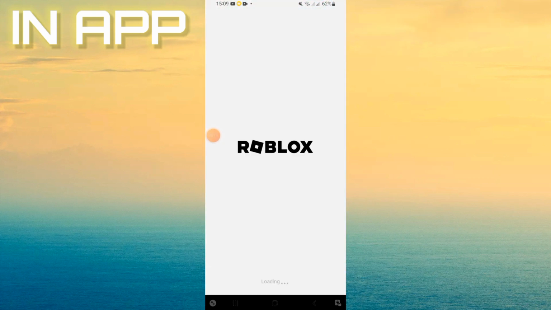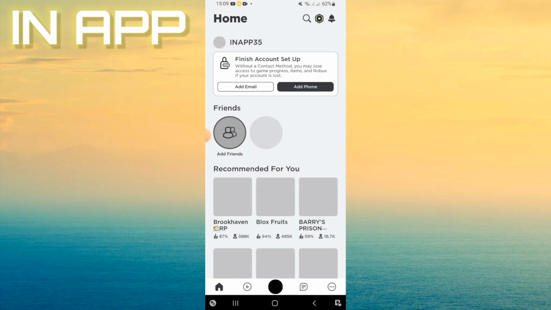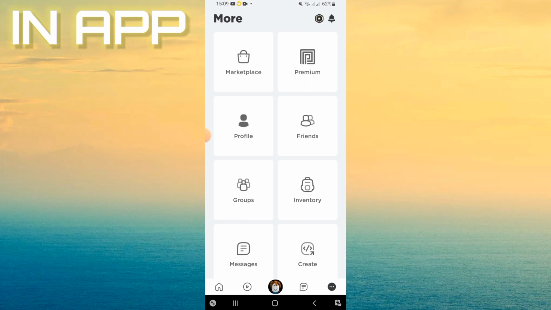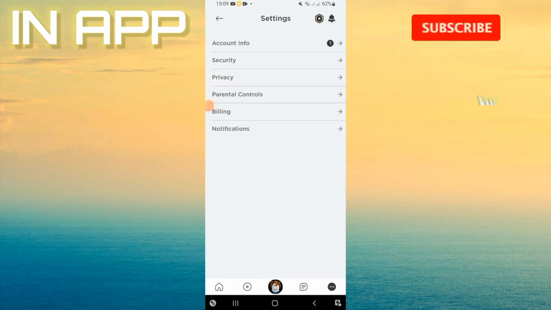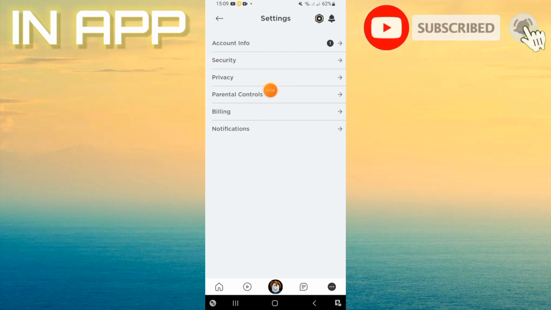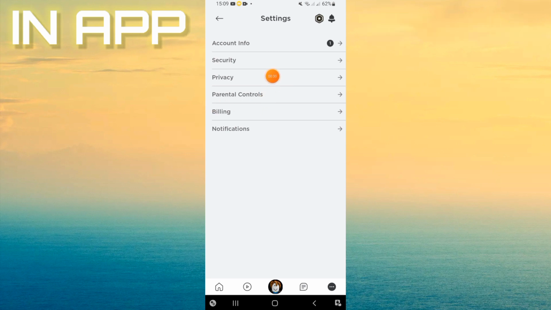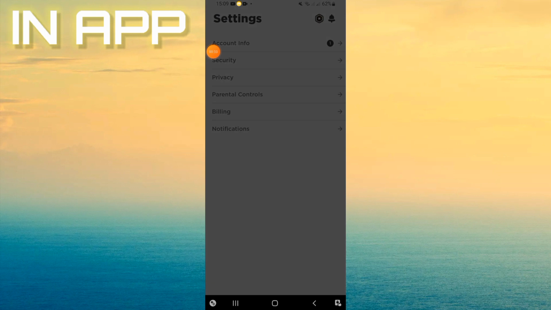So right now you have to open your Roblox first and then come to this 3 point here and go and open your settings. Right now on your settings, go to account information,